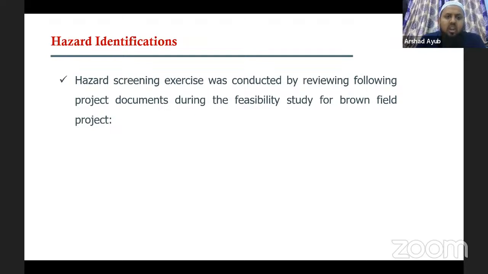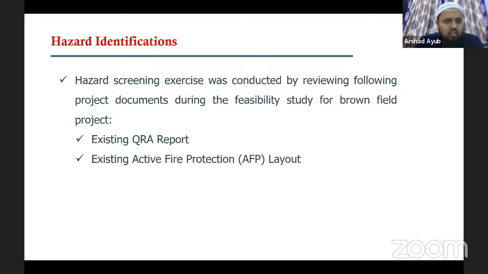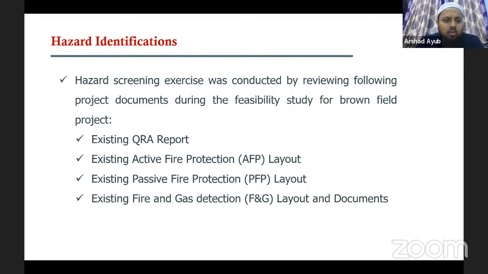So to do the initial hazard screening, we have reviewed a few project documents. From that, we have identified the hazards. So we collected the existing QRA report of the project. It was available, so we reviewed that document. Then we reviewed the existing active fire protection layout, then passive fire protection layout, fire and gas layout, and the existing trench system and layout. So these are the documents which were